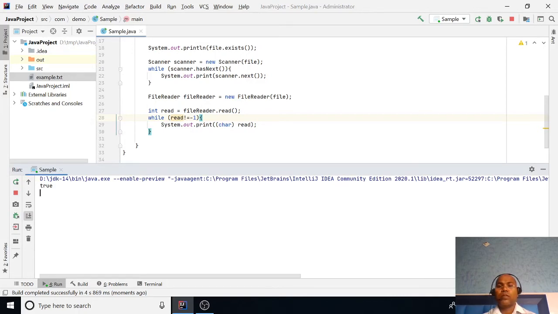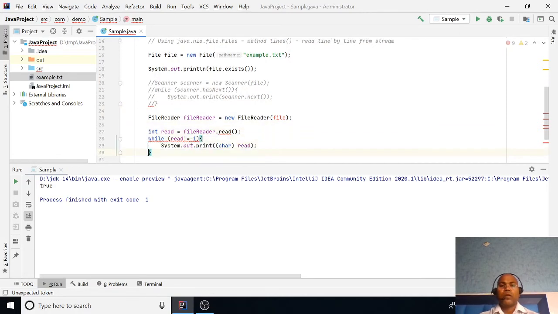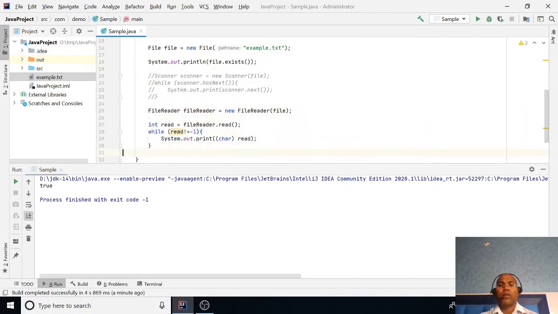What happened? Just stop it and check. I comment out this code. Here we have created the FileReader, with the file path name.